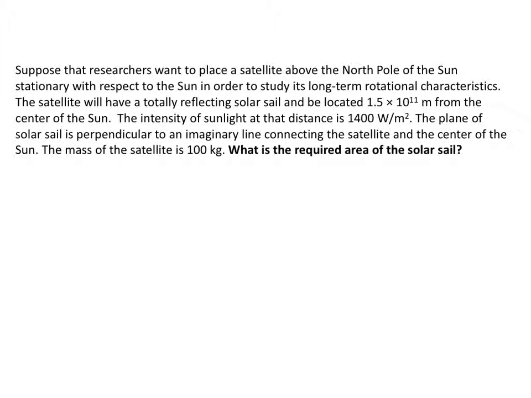The satellite will have a totally reflecting solar sail. So that means totally reflecting means a double of that perceived thing if we're doing power. And it'll be located 1.5 times 10 to the 11th meters, so 200 billion meters roughly, from the center of the sun. The intensity of sunlight at that distance is a known quantity apparently. Solar cells are perpendicular to this imaginary line coming out from the center to the satellite. Satellite's 100 kilograms. What's the required area of this solar sail